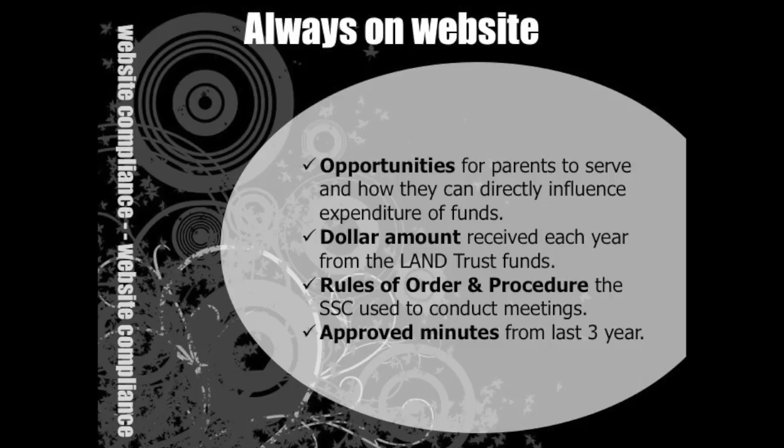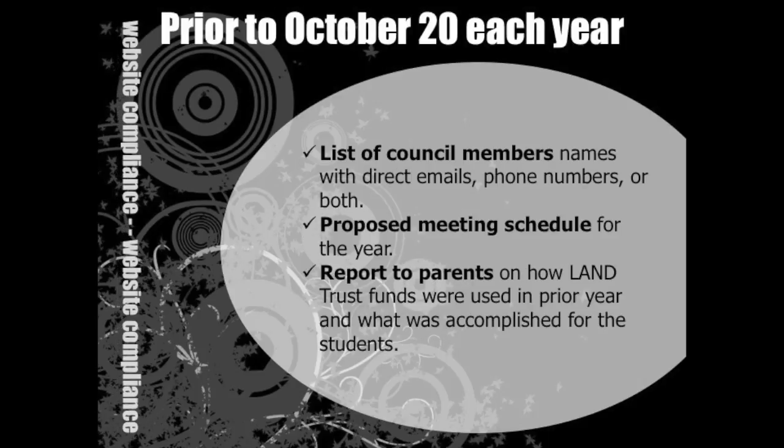The website shall fully communicate the opportunities provided to parents about serving on the school community council and how parents can directly influence the expenditure of the school land trust program. It must also provide information on the dollar amount received each year from the school land trust program and post rules of order and procedure adopted by the school community council used to conduct meetings and approve minutes from the last 3 years. Annually, on or before October 20th each year, the following information should be posted to the website: